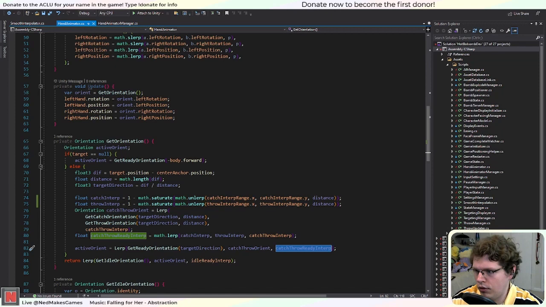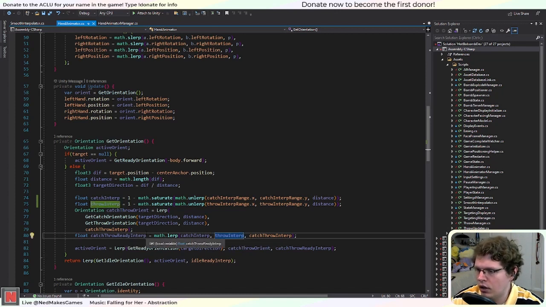Maybe the throw range is longer than the catch range. But I also have this interpolation where I interpolate between these two range interpolations, so it shouldn't snap to 0 so quickly. Alright,